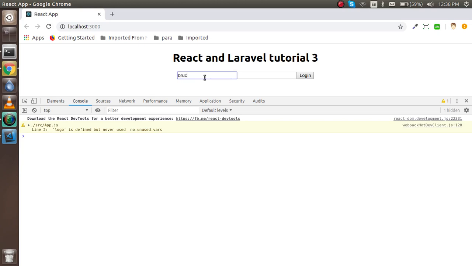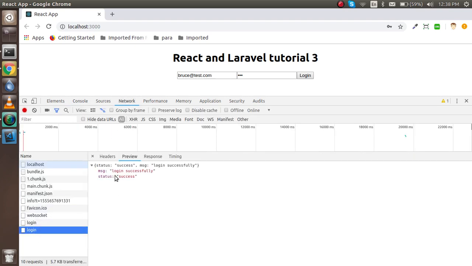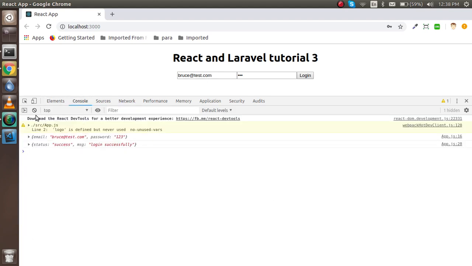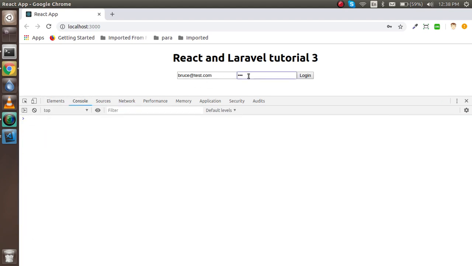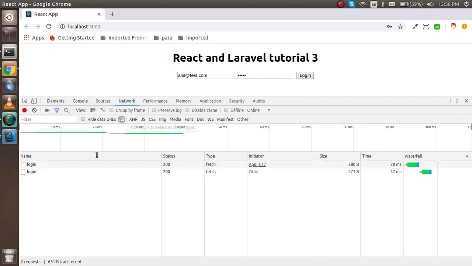First of all, with the correct credentials, proofs@test.com, and the password should be 123, and let's check. You can see that the login successfully message is coming here, and this is the status. Okay, and the same thing is coming inside here also. So now I'm going to put in wrong values, like the email is just something like Anil, and the password is also wrong. Then you can see status failed, login failed, try after some time, and the same thing is coming in the